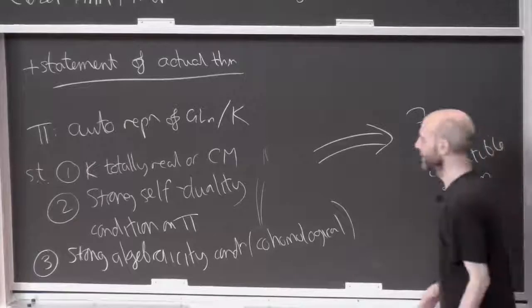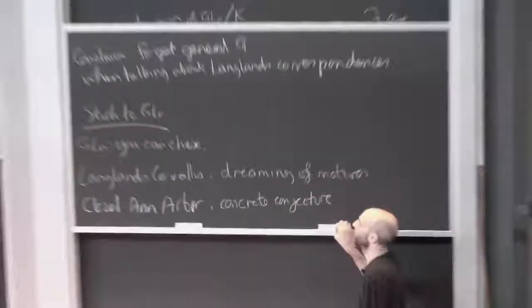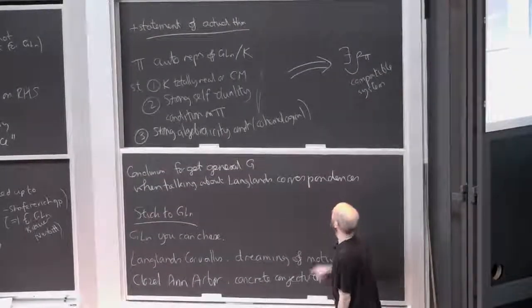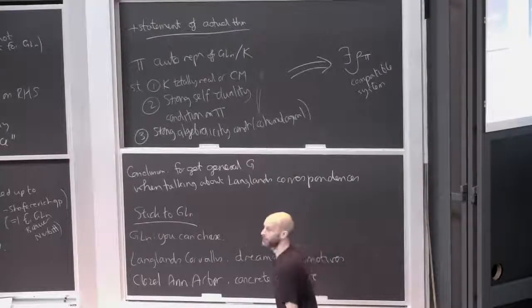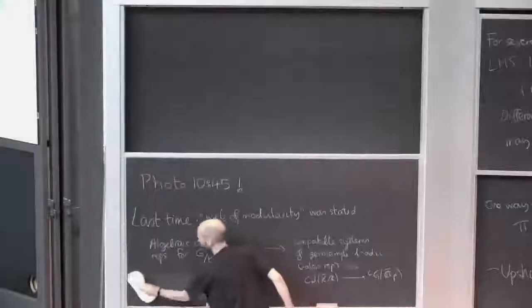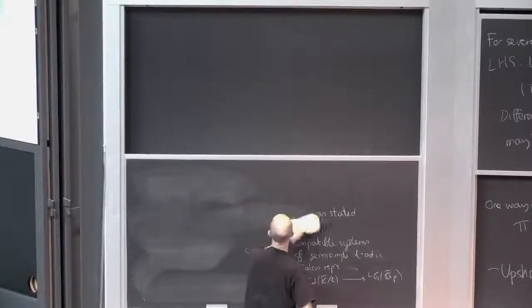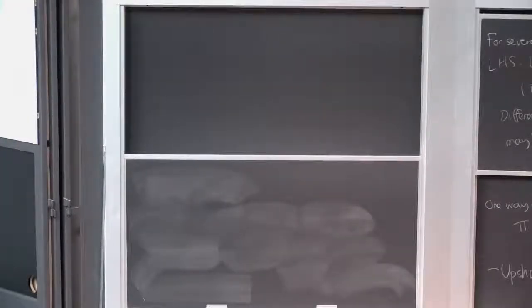So how did he do it? Well, there's only one method, and so we use that method, right? We know two ways of constructing compatible systems of Galois representations. And back in 1990, arguably, we only knew one way. And the one way we knew was étale cohomology of algebraic varieties. So what Clozel did was he used étale cohomology of algebraic varieties. So which algebraic varieties did he use? Well, he used the only ones whose cohomology we know how to control quite well, which are Shimura varieties, right?